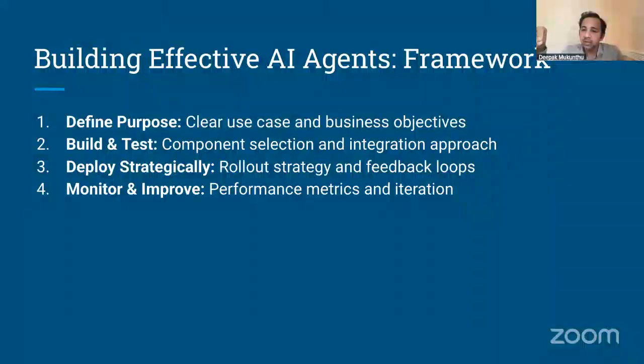You have to figure out ways to verify the non-determinism. There are a lot of interesting patterns emerging here around LLM as a judge. I don't know if you've seen, you can use LLMs to judge the work of another LLM. You can use LLMs to judge whether an agent is doing good or not. You can build an agent to test your agent. So a lot of meta patterns are emerging here, but that's important to keep in mind as you're building agents,